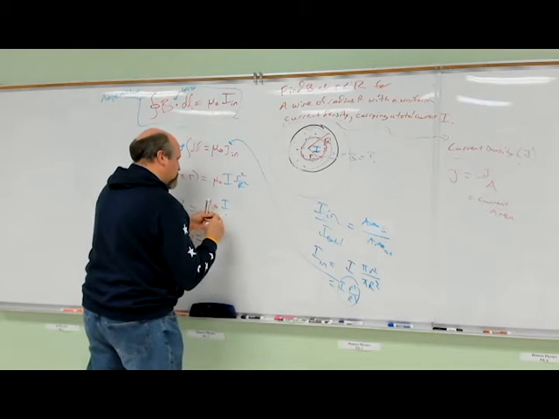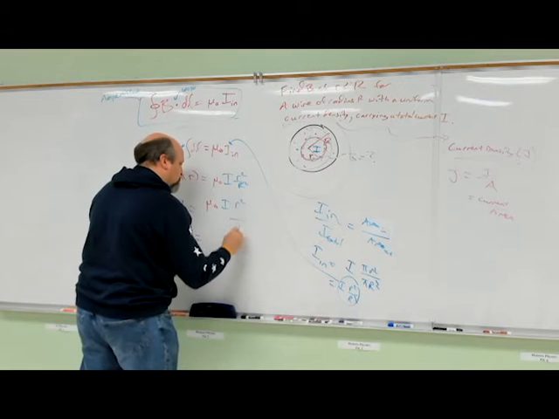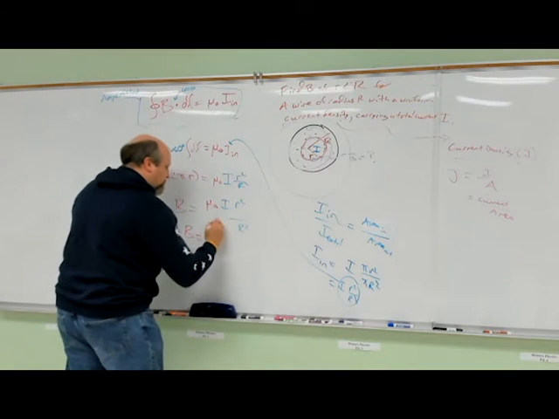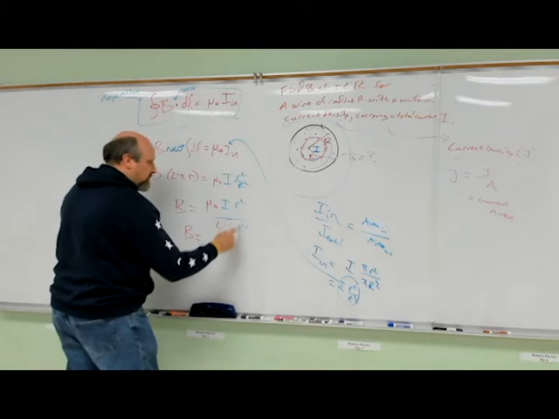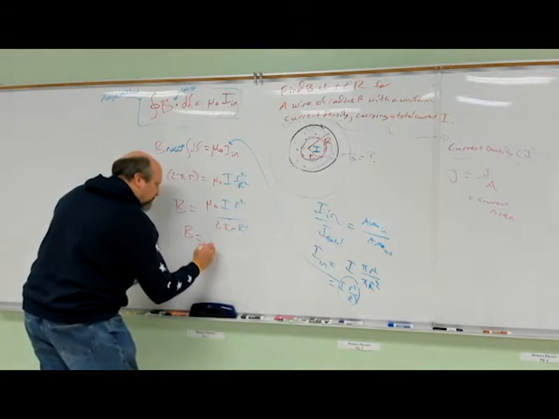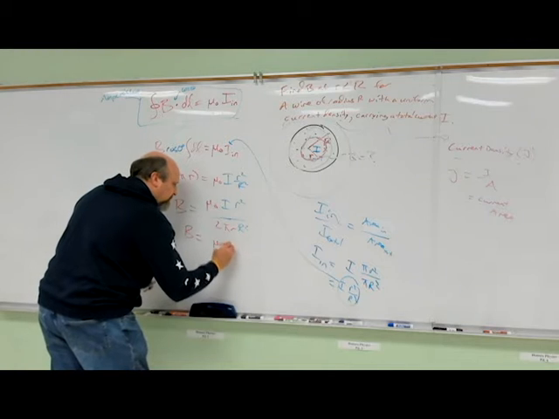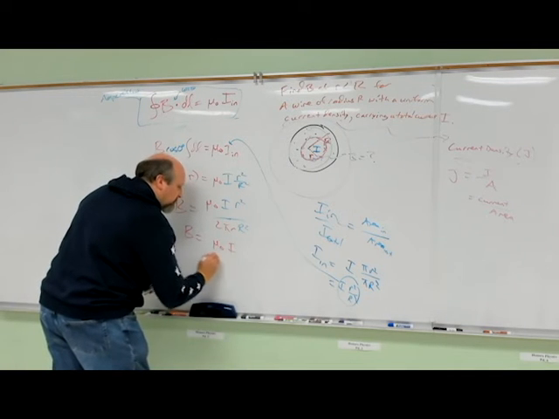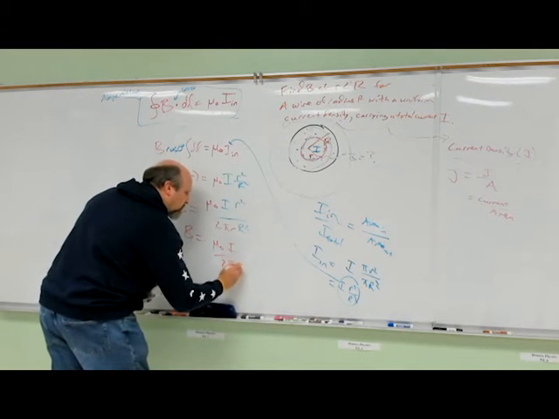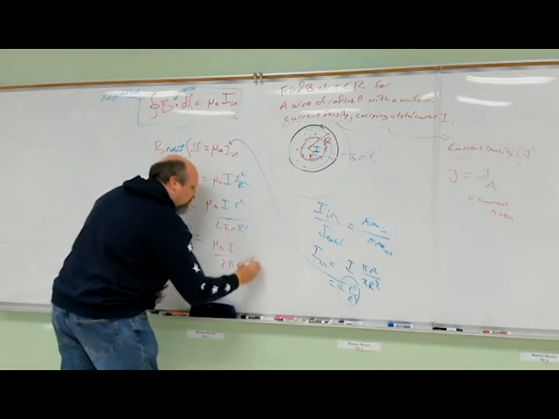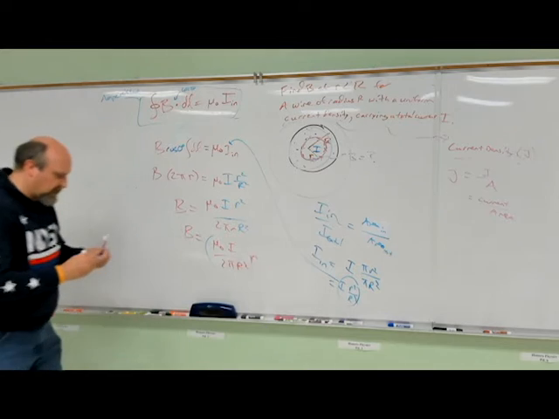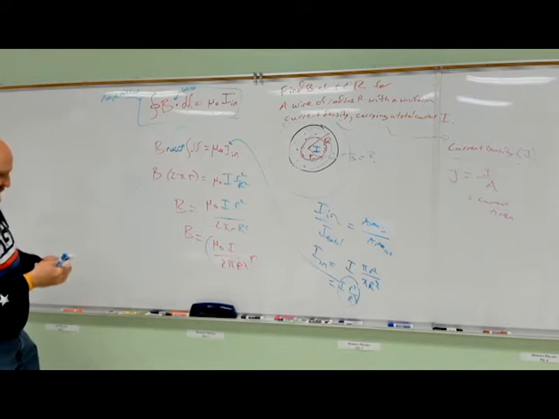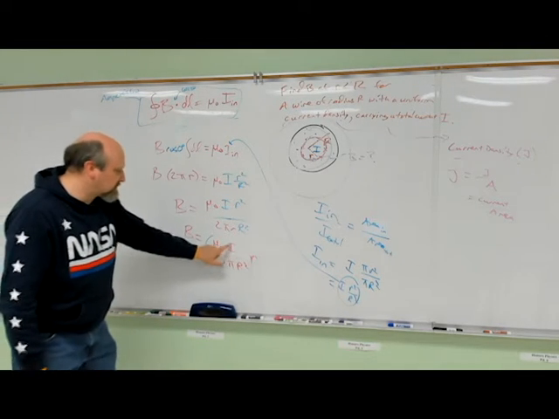I've got 2 pi r. And you say, okay, I can see that one of the r's is going to cancel. I'm getting mu naught I over 2 pi big R squared times r. Okay? There we go. Now what I want to point out here is that for this problem, constant, constant, constant, constant, constant,